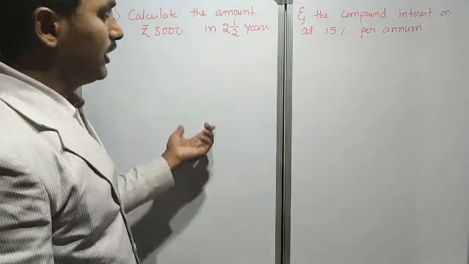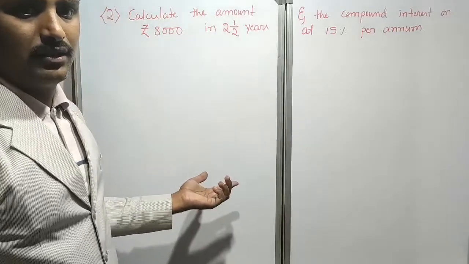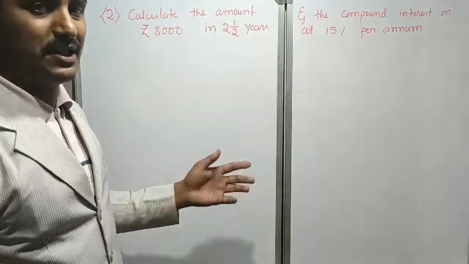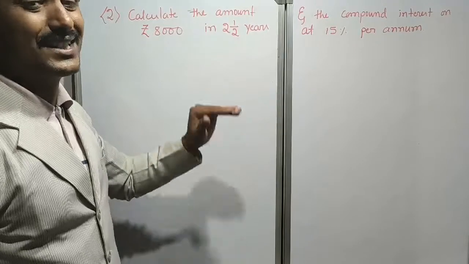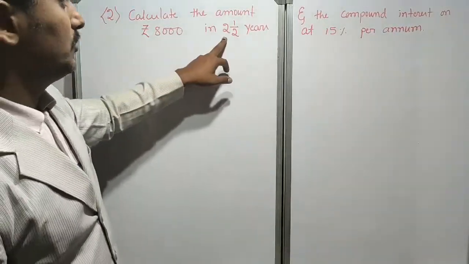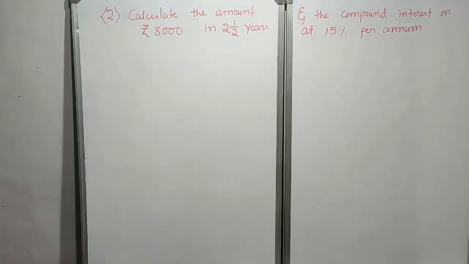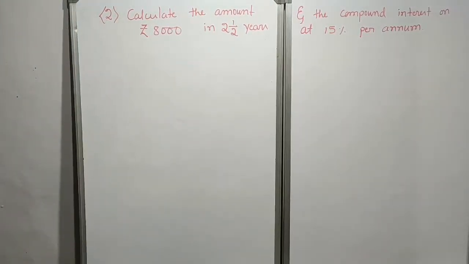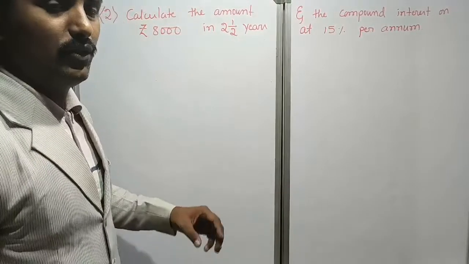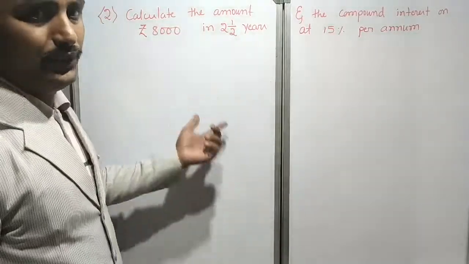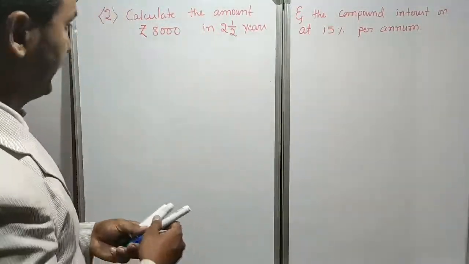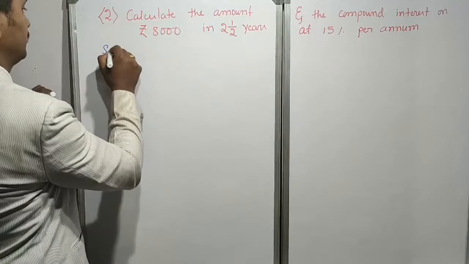If I directly started writing the solution, who will explain? Because I am explaining the beginning steps of the solution. First step is, see here, 2.5 years means here 3 steps will come, dear children. One minute. Dear children, once again by solving I will explain. Coming to the solution, dear children. Solution.